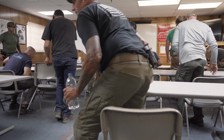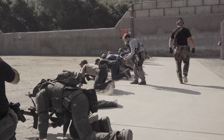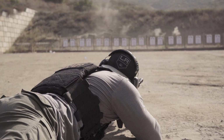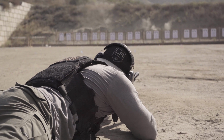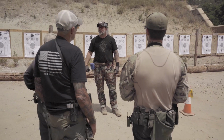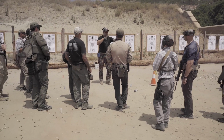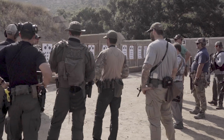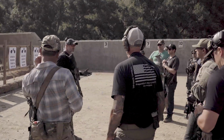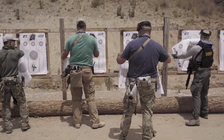After the classroom, we walked to the range and started by zeroing at 50 yards from the prone position. Everyone had ample amount of time to zero their carbines, with Dan advising students on how much to adjust their windage and elevation settings. After zeroing, he touched on trigger manipulation and the importance of pulling the trigger straight to the rear, and how for precision shooting, he recommends pinning the trigger back instead of immediately resetting it after a shot breaks. We then moved on to a series of shooting drills to work on the fundamentals of rifle marksmanship,